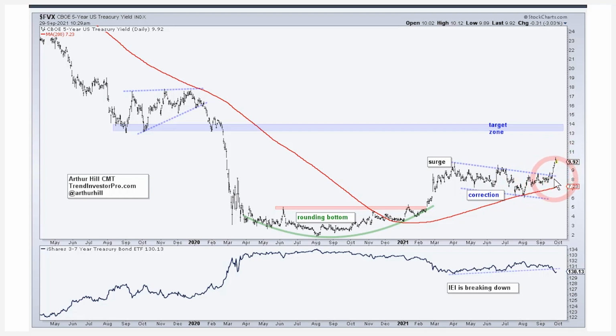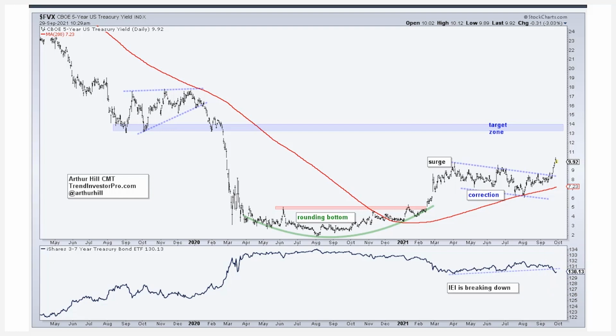And look at that acceleration that we're getting here in the second half of September as the 5-year yield gets to around 1%. So if it continues to where it would be back just before COVID, that would be that 1.3 to 1.4% area, or 13, 14 on the chart. And that would be my initial target here. So the call is for rising Treasury yields. And if you look at the lower window, that would mean lower Treasury bond prices. So there's the 3 to 7 year Treasury bond ETF breaking down,